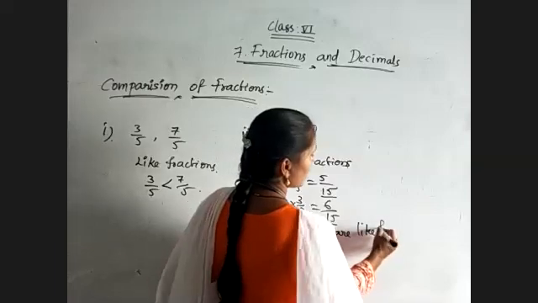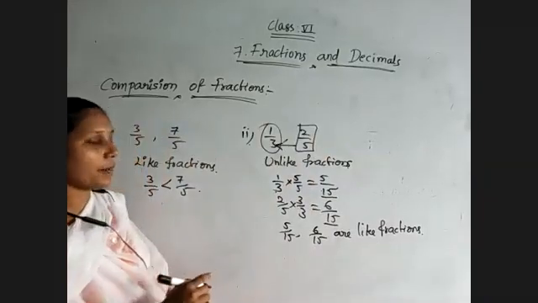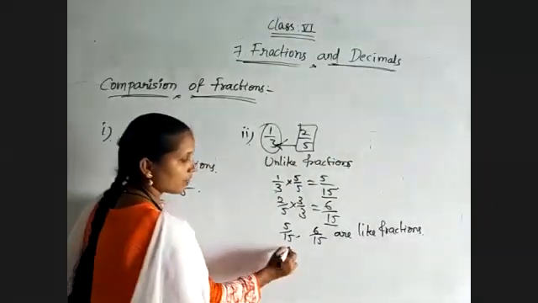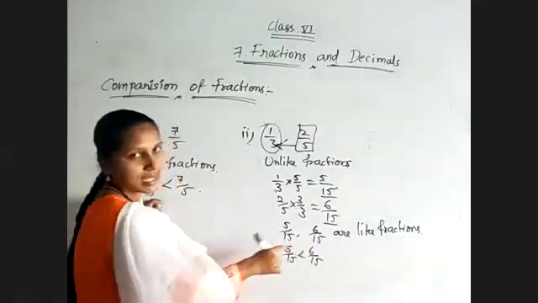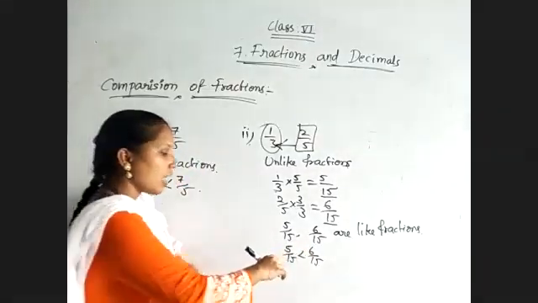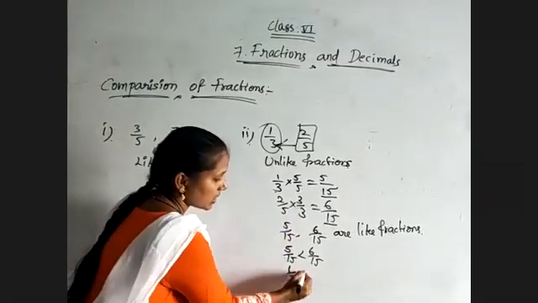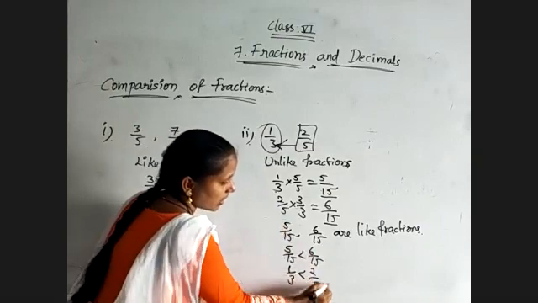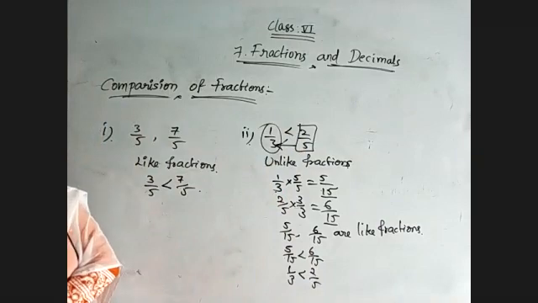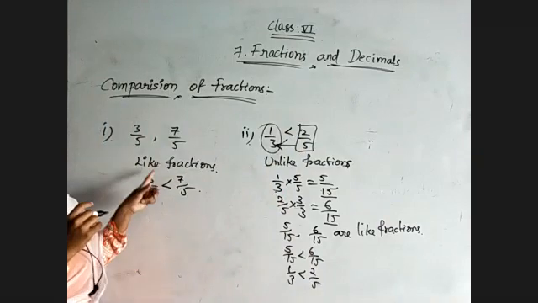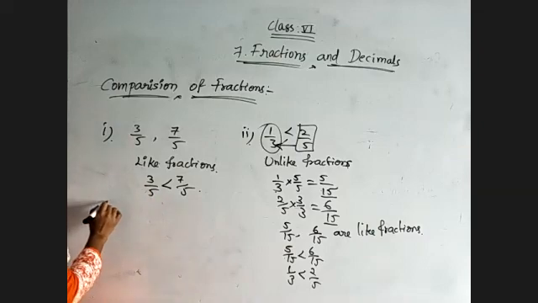We have changed unlike fractions to like fractions. Now it is easy to compare them. So here 5 by 15 is lesser than 6 by 15 because 5 is less than 6. Okay. And 5 by 15, whose original fraction is 1 by 3, is lesser than 2 by 5. That's all. So here between these two we will keep the lesser symbol. Okay, so if they are given as like fractions, directly we can decide which one is greater and which one is smaller.